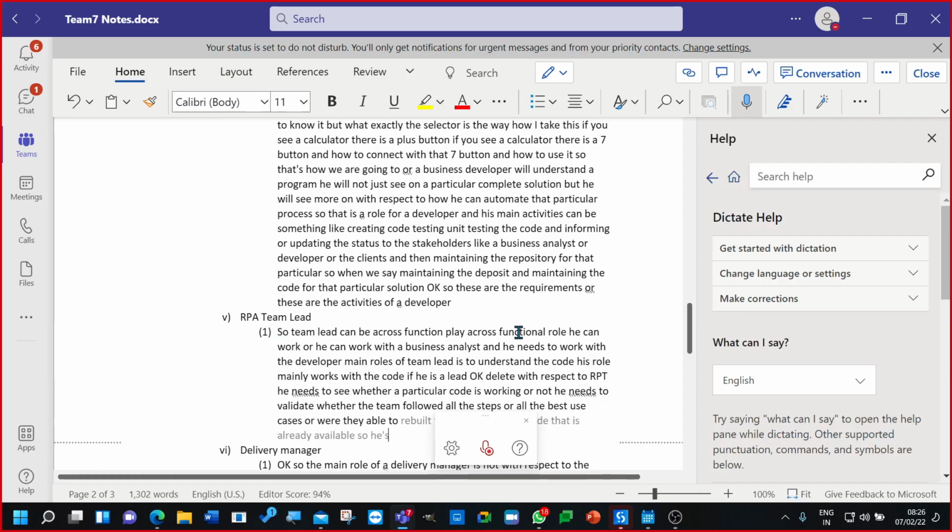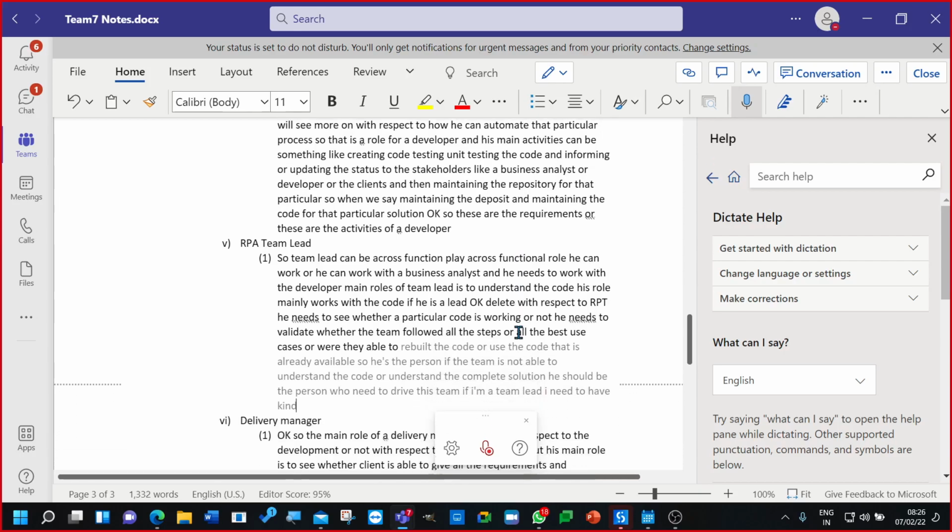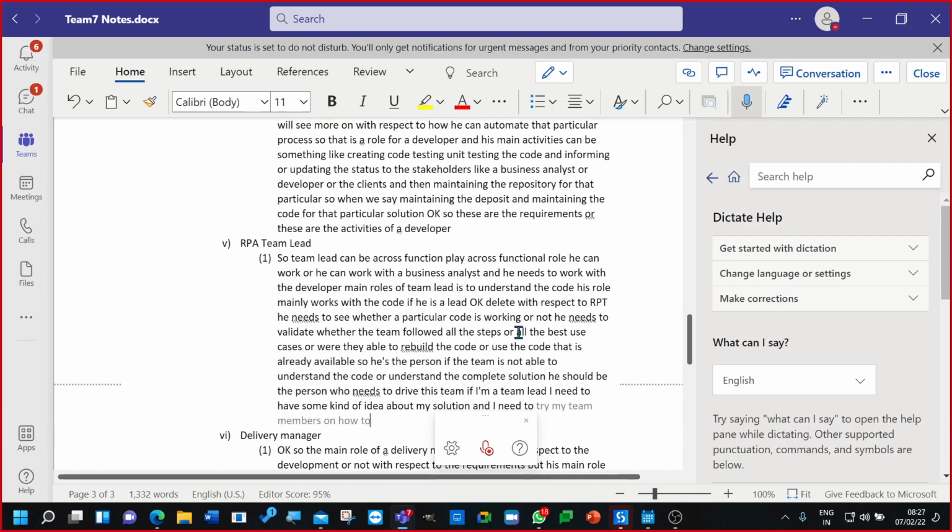If the team is not able to understand the code or the complete solution, he should be the person who drives the team. If I am a team lead, I need to have an idea about my solution and I need to drive my team members on how to do that particular automation. I can give them tasks: I have this solution, and out of that complete Excel automation project, you need to work on this specific task. So that can be a main role of the team lead,